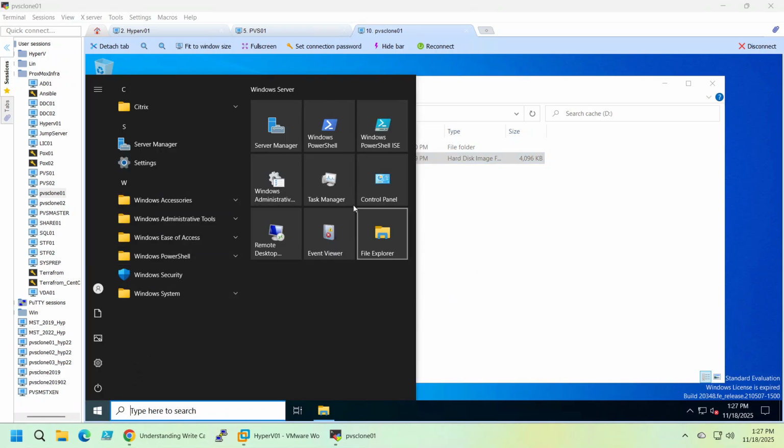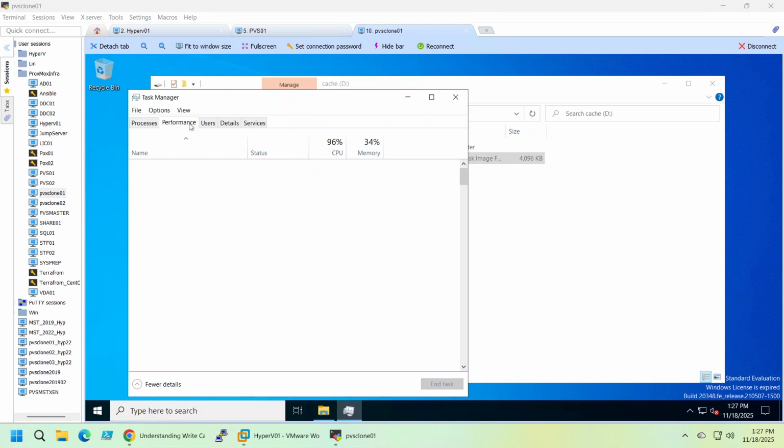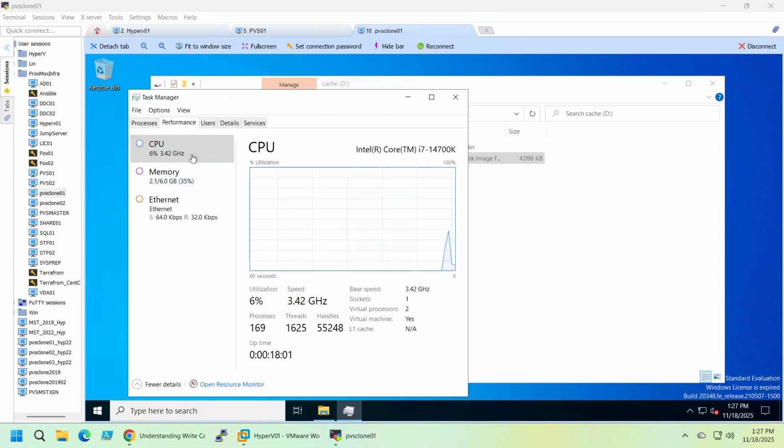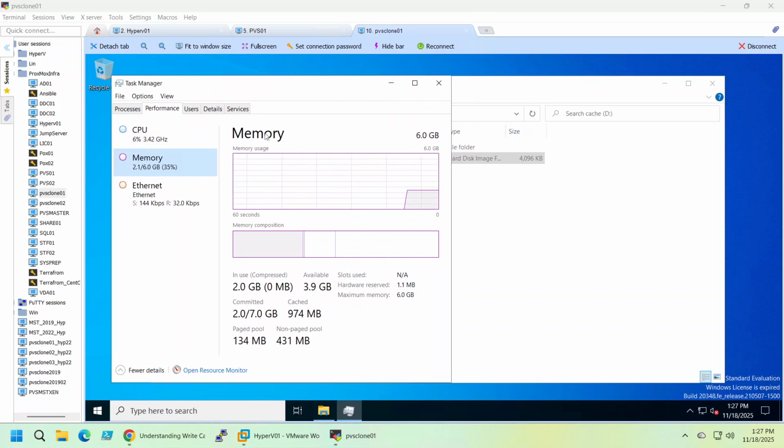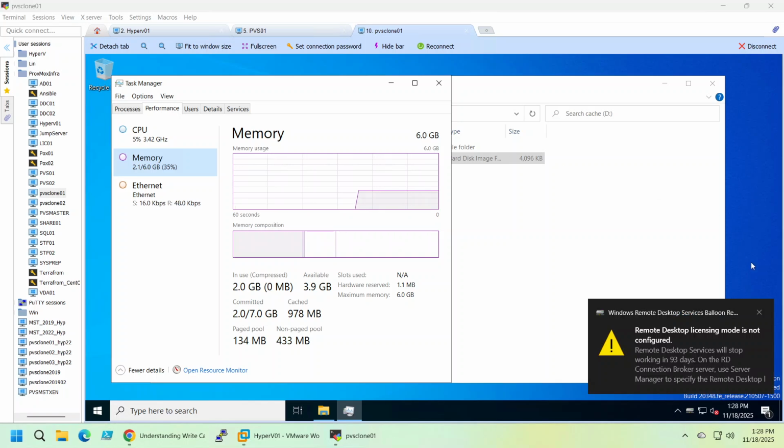Let's also start task manager. So I'm the only user on this VM, and I already consumed 2 gigabytes, and the total is 7 because I have a 1 gigabyte page file, so 6 plus 1 is 7. Okay, now let's